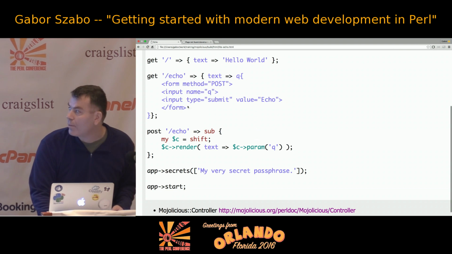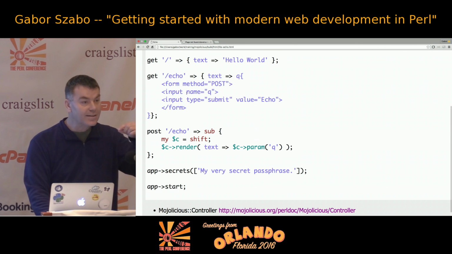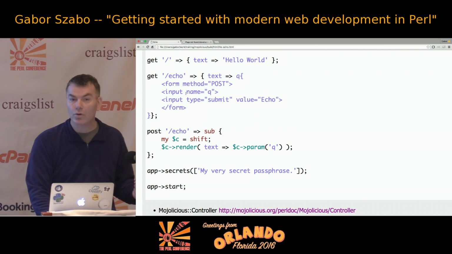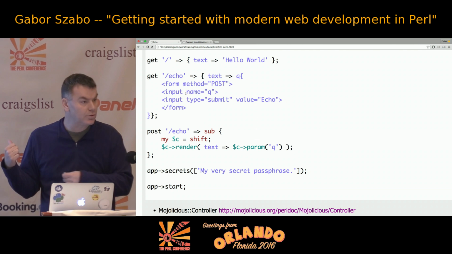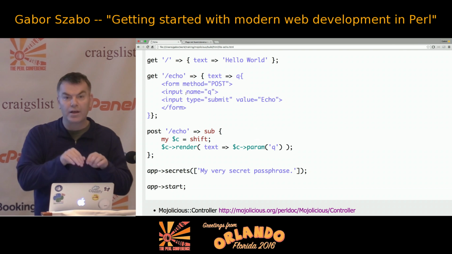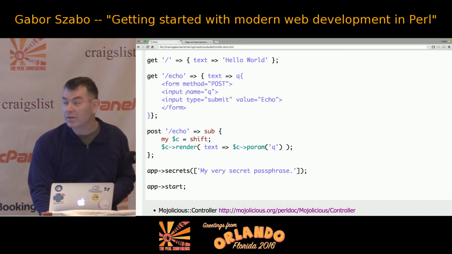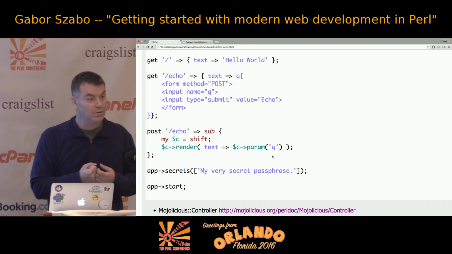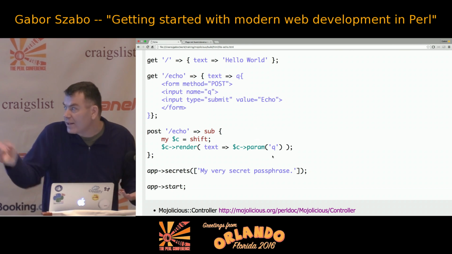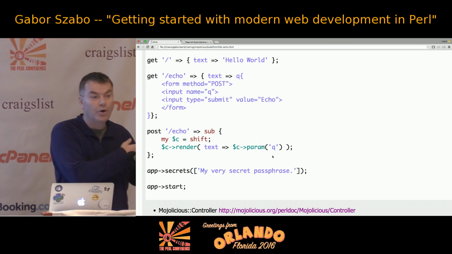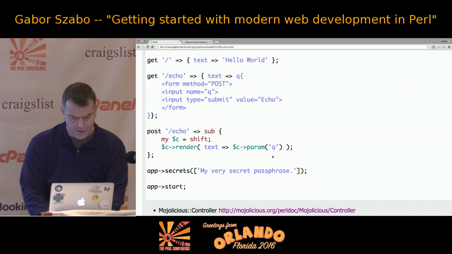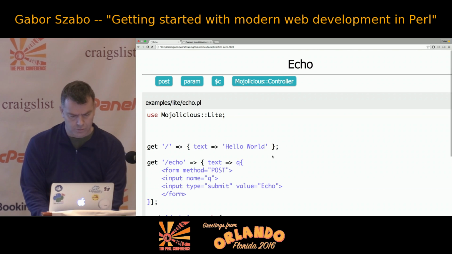here. So this form has an input, a text input, which has a name Q. So that's what's going to be passed to the server. Whatever I type in, that's going to be in that Q parameter, and this param Q will fetch that value. And the whole thing that this echo does is just returns that string. So if I start this script, which is called just echo,